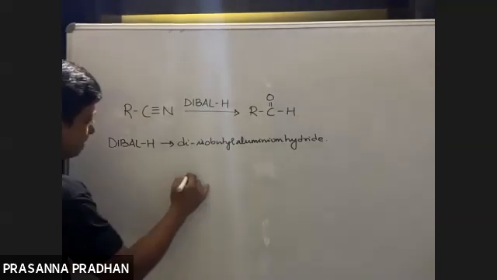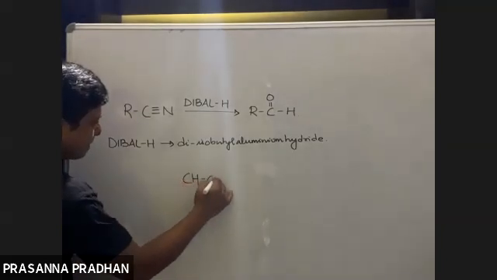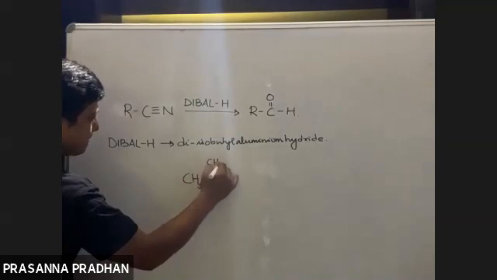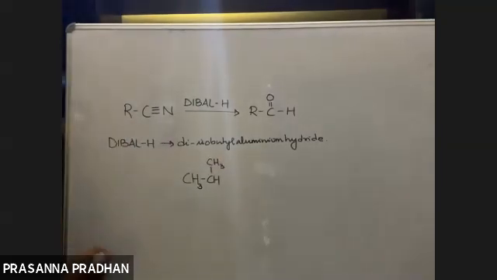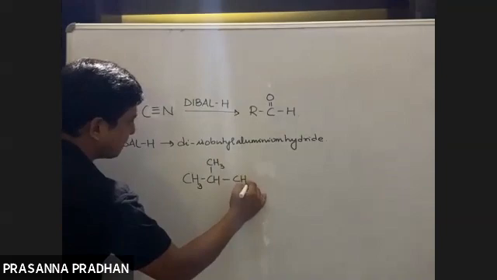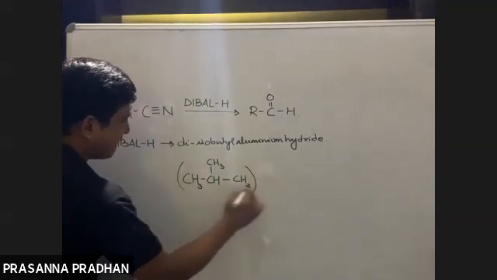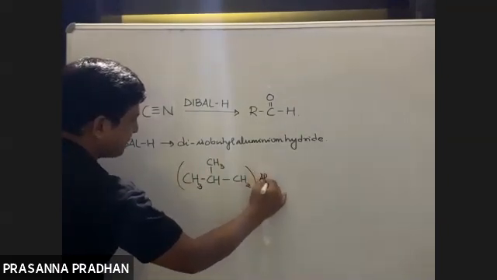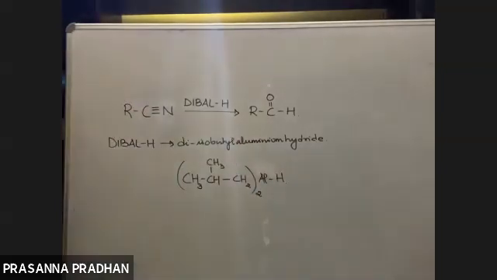So iso means we have this branching. We have done this in the nomenclature part. Iso means this grouping should be present. Butyl means CH2. Diisobutyl means there are two isobutyl groups. Aluminium hydride means this is the formula of diisobutyl aluminium hydride. An abbreviation might be given, which is fine, but your formula also might be given. So it's better if you know the formula.